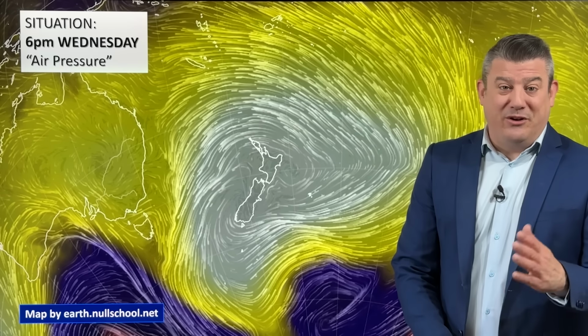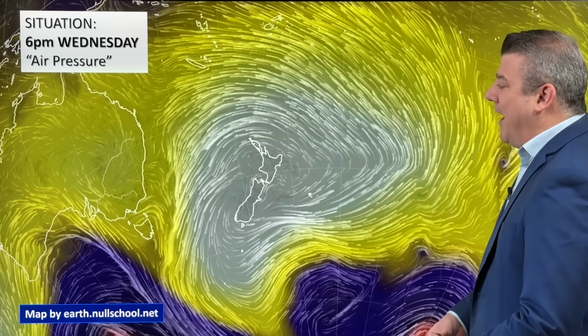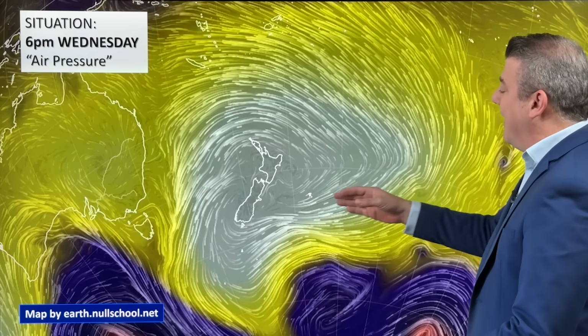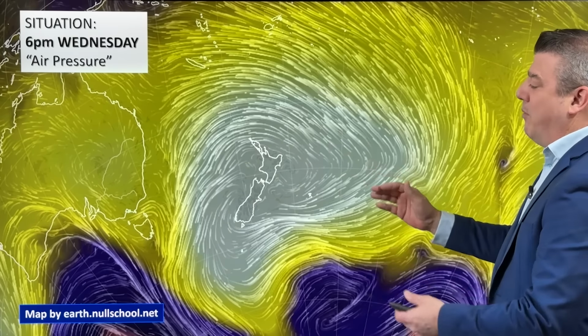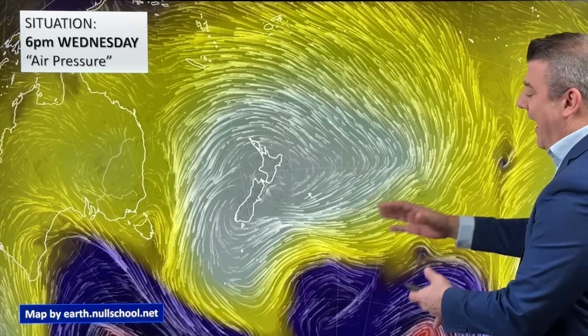All eyes are on high pressure at the moment, but we do have low pressure coming back into the forecast next week. But let's take a look at the high pressure zone right now for Wednesday, going into Wednesday evening. And this is it, a huge area of high pressure, stretching up to our friends in Fiji and Tonga and all the way down past the southern islands, all the way down to the Antarctic region. So this is a big high pressure zone, with warmer air flows coming down towards Antarctica, and on the other side,